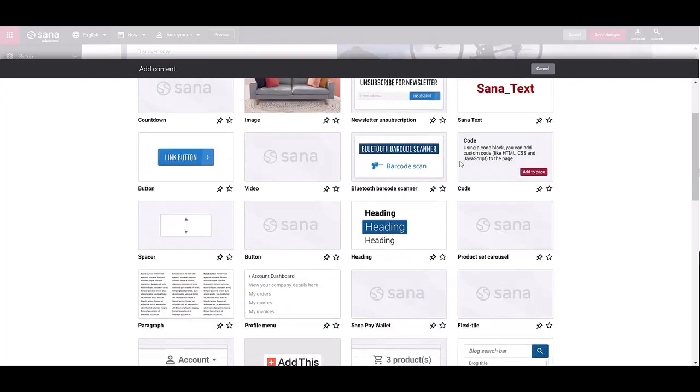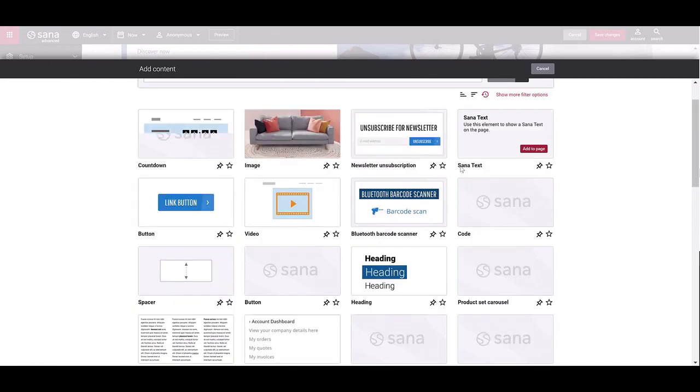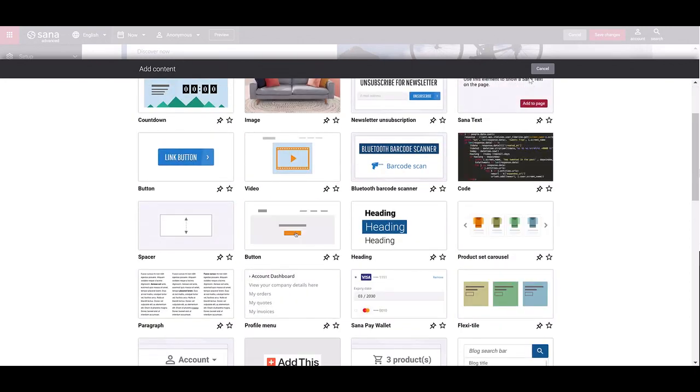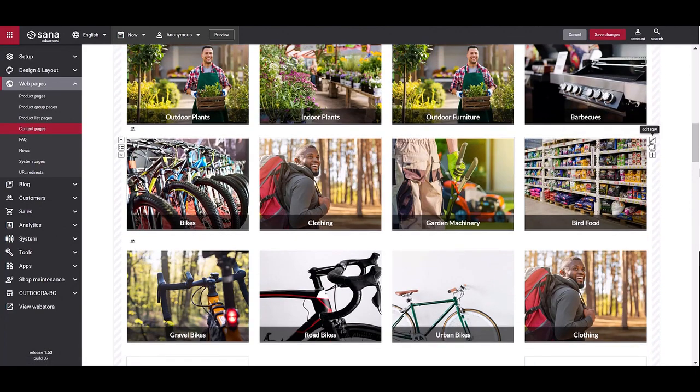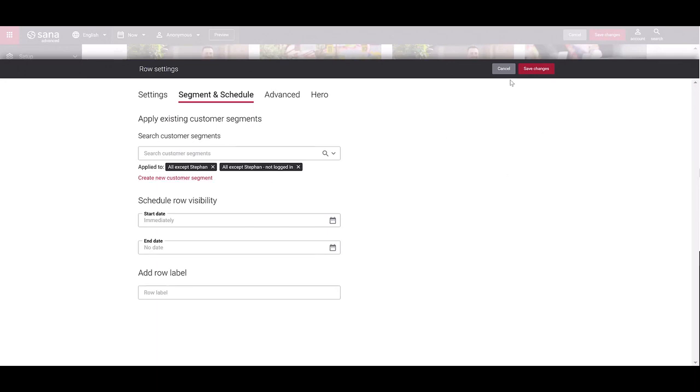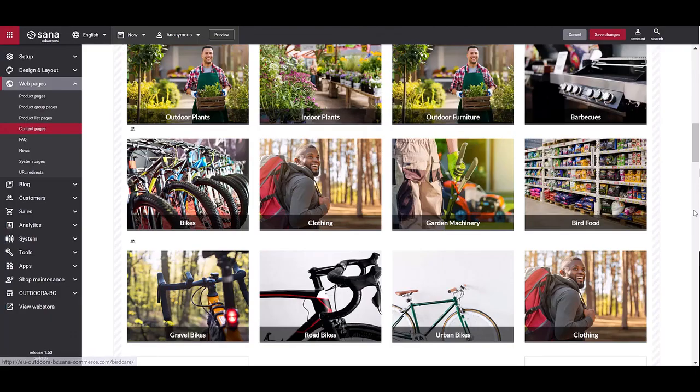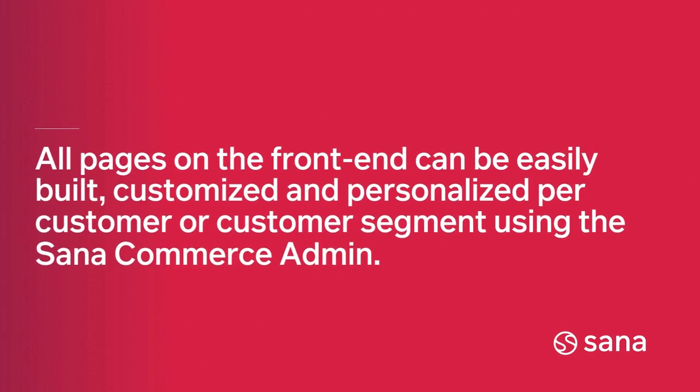SAP Commerce Cloud's Visual Designer allows you to build a personalized user experience on the front end. Using customer segments and content options, you can drive customer-specific messaging, banners, pricing, and promotions for a personalized online buying experience. All pages in the front end can easily be built, customized, and personalized per customer or customer segment using